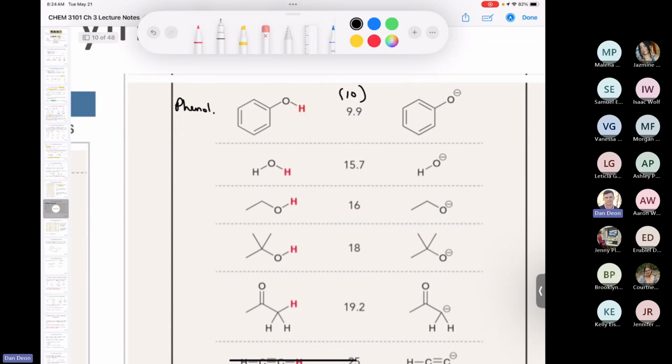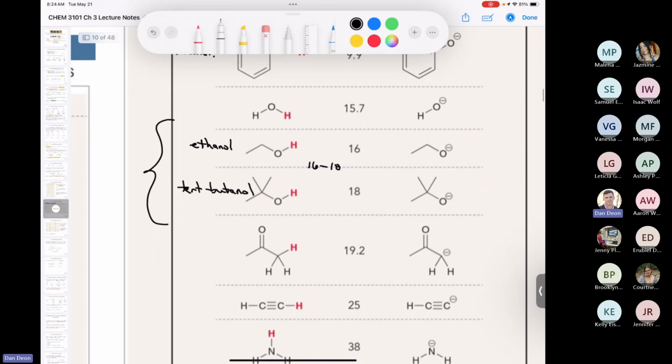Water, 15.7. You notice that this is ethanol. So this is ethyl alcohol or ethanol. And this is called tert-butanol. What you really need to know is that alcohols kind of range between 16 to 18. So 16 to 18 is going to work for anything you need to do in this